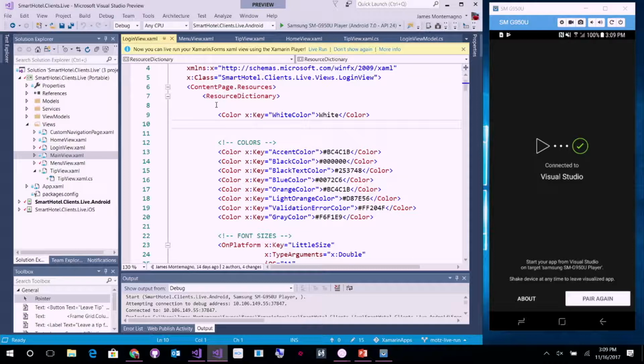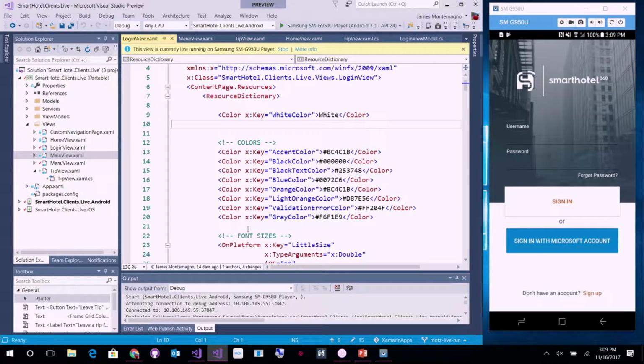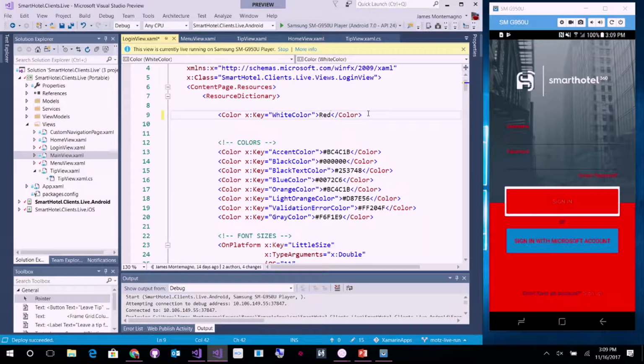And what I want to do is add a brand new screen to add tipping to the app so anyone could tip staff members. So I'm going to right click on any XAML page or any CS file and say live run. And what that does is send the single file over to the device to run. And I can start changing colors. So if I wanted to change this actual resource dictionary to red, for instance, it looks for my changes and then